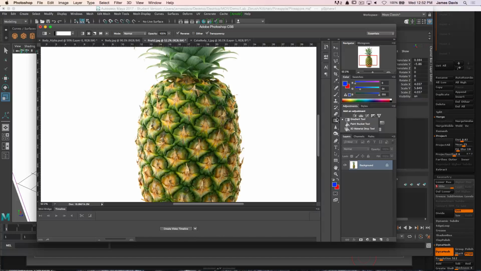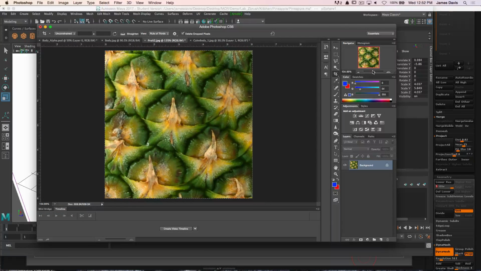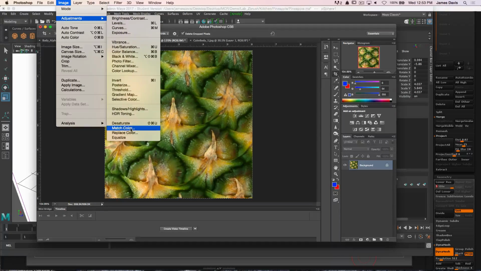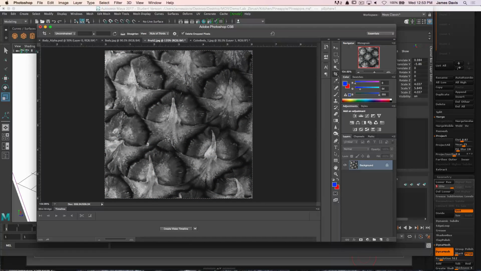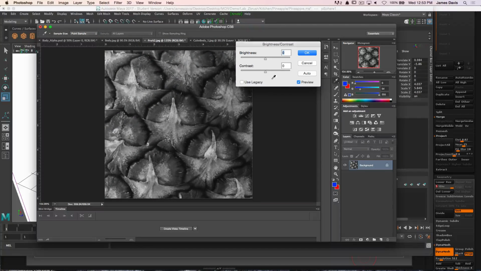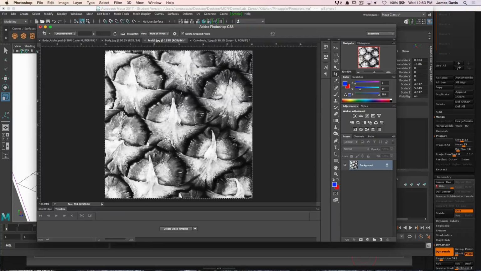So using the crop tool, select an area, and then you're going to go to Image, Adjustments, Desaturate, and from here I'm going to go to Image, Adjustments, Contrast, and increase the contrast and brightness of everything. So the contrast and detail is very apparent. Okay, once you've done that,